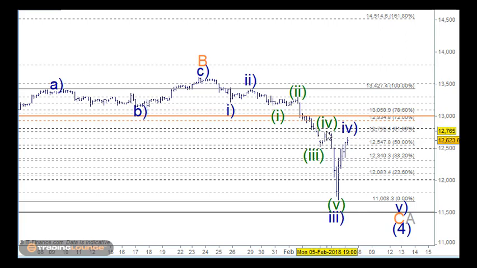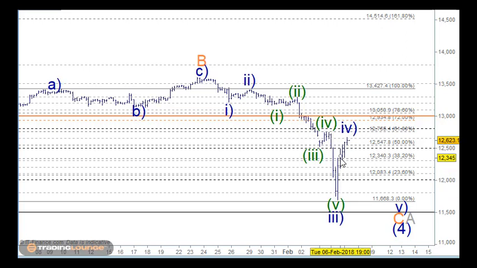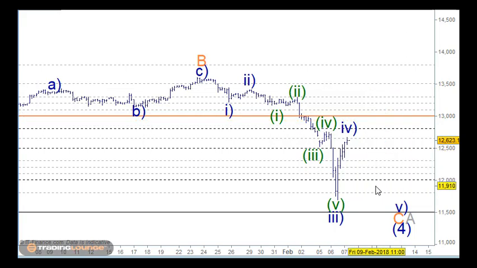So what we need to do is that we really need for this structure here to play out. We can see that it's slowing down because it was fast in this initial speed coming back up here, people covering their shorts and so on. And then it spent the next periods of time here basically slowing down. So we should really be quite mindful of this green wave 4 top here as being a top, and then seeing the market move back lower from that point there.